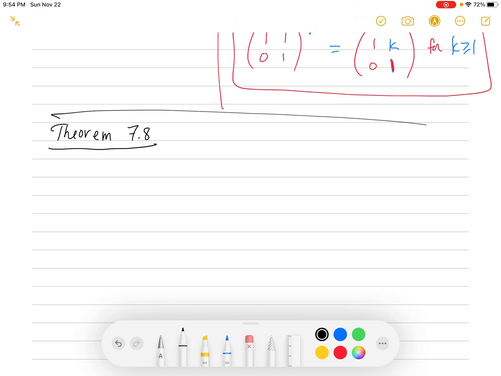This is about distinctness of elements or non-distinctness of elements and how it applies to having finite order or infinite order. So let G be a group with a an element of G. Number one, if a has infinite order,